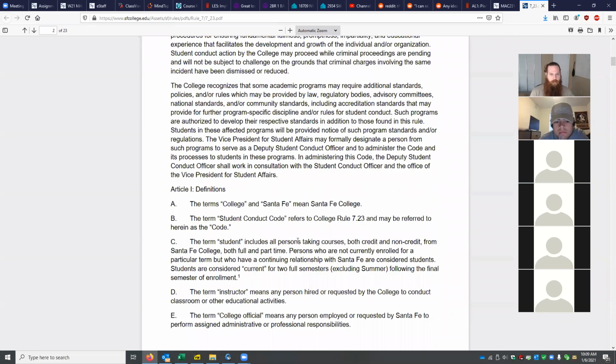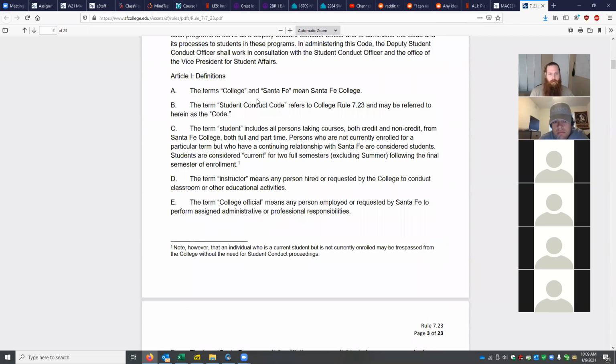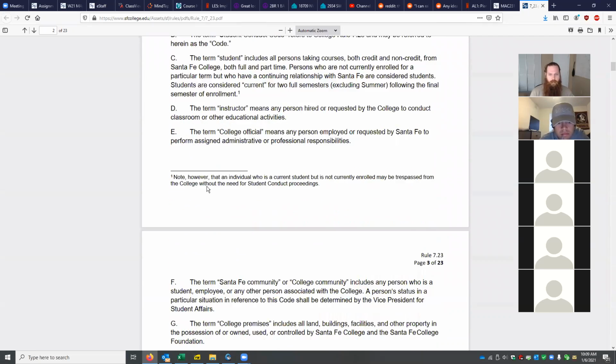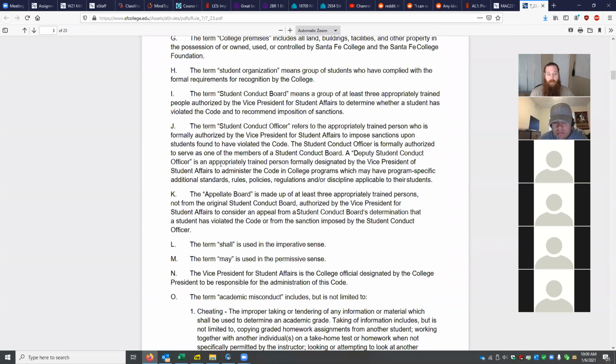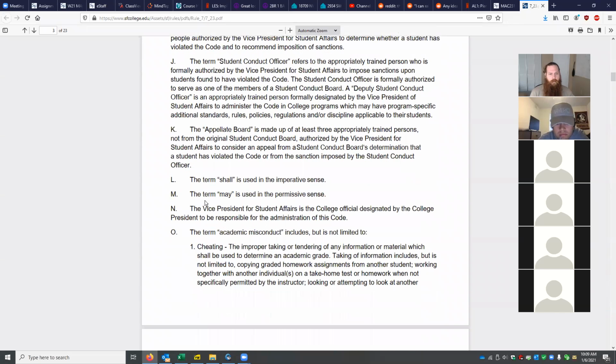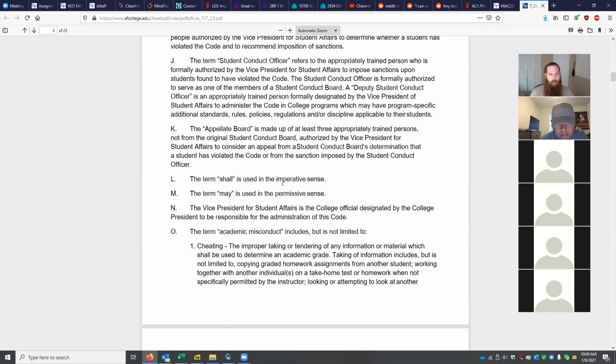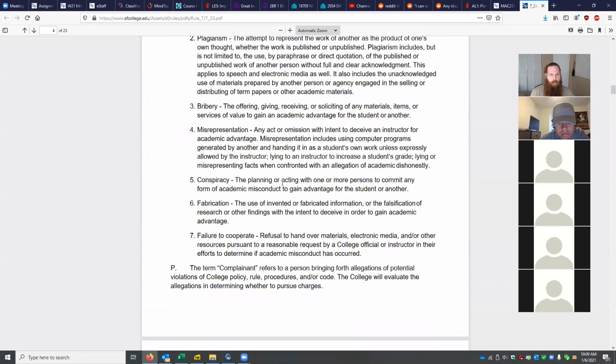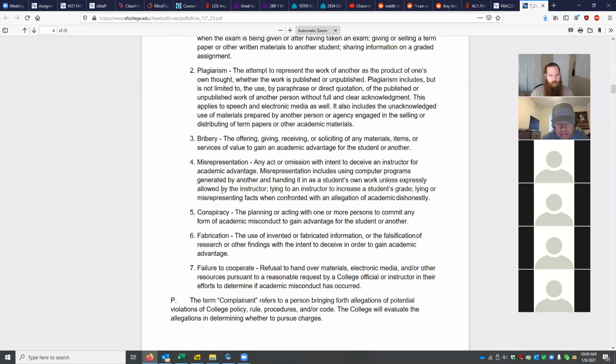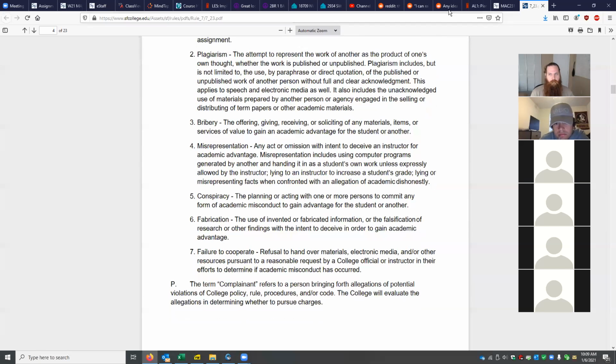Ignorance of the law does not excuse breaking the law. So it's really very much worth your time to take a look at these and make sure you know exactly where the lines are that you shouldn't cross. There is some annoying legalese in here, but once you get to these bits, it all becomes pretty clear. The language is straightforward. So please read the academic integrity rules. Make sure you know exactly the standards you're being held to.